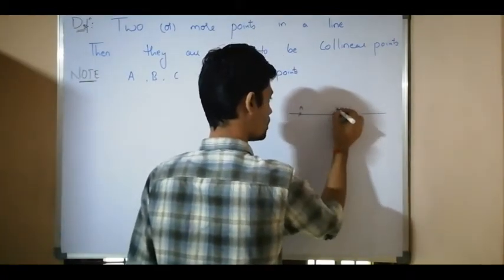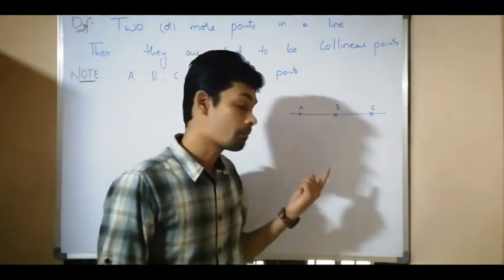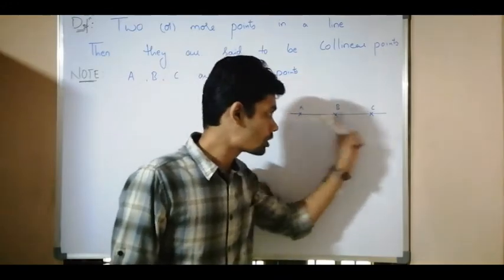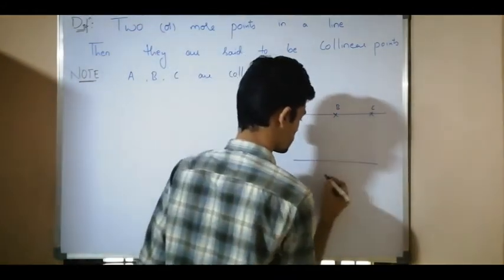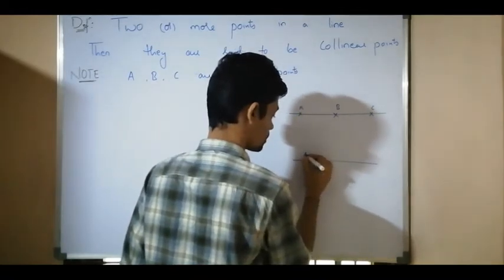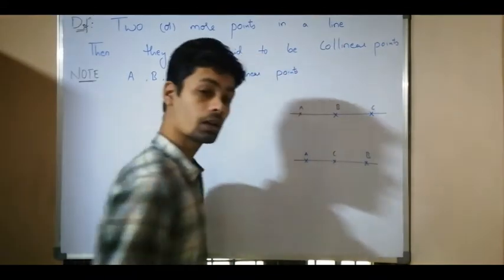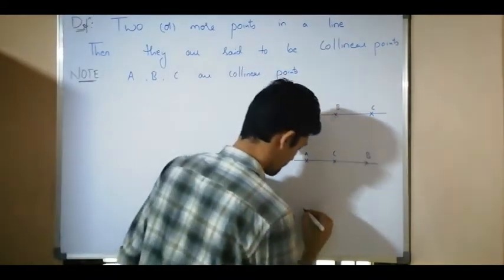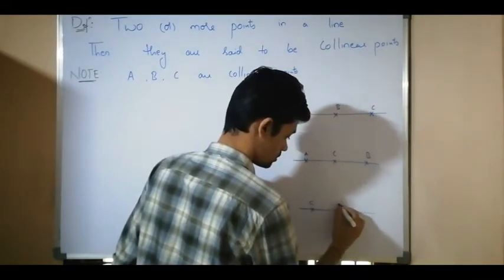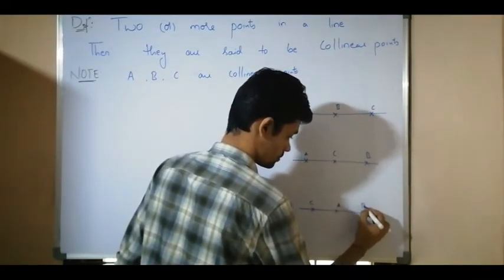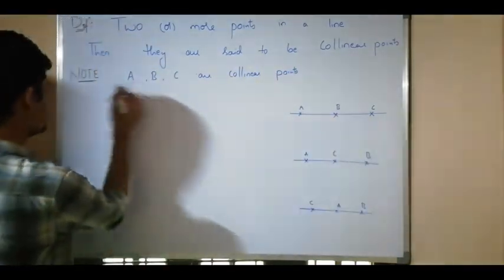But I don't know whether the order of the points is this one, or maybe this one, or maybe this one. So A, B, C are collinear points